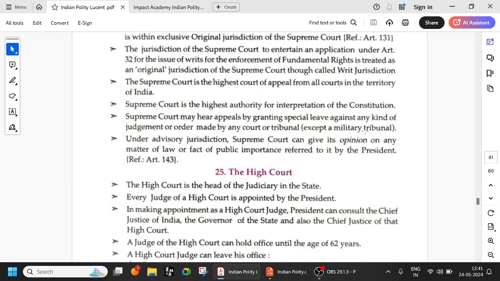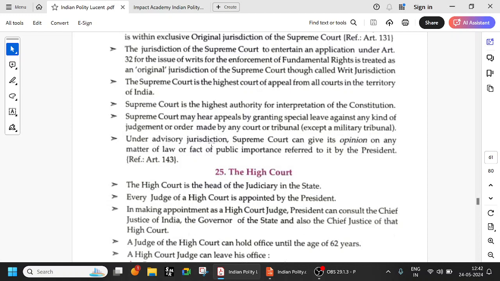Okay, military tribunal, that's a different thing. We have seen already the defense forces have this court martial procedure. So the normal courts do not interfere in the military. Even if a military person, sometimes we have seen on the news, right? Some fights break out and someone from the military gets into a fight, and I've seen one case where the military person also kills the person, but he will not go to the normal courts. He will go to the military courts, and he will get court martialed. Okay, so remember that. Except a military tribunal, for any other court or tribunal, the Supreme Court has the power to hear appeals.